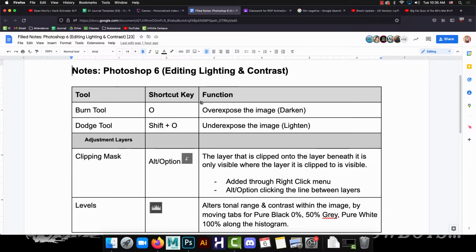We are going to be talking today about editing, shading, lighting, and contrast in our images. Where we had last left off on our great adventure, we had discussed last week how we can edit color using a hue and saturation adjustment layer. And as we discussed, color has three primary factors: the hue and the saturation, but also the brightness